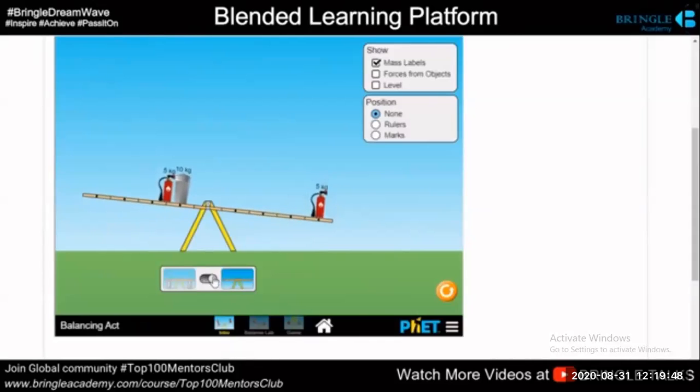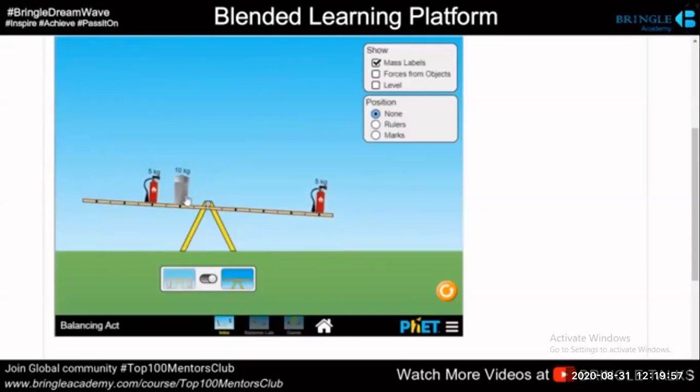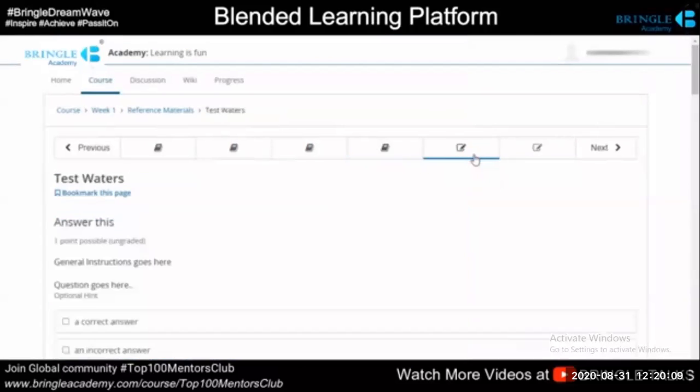So you just play around with the system that looks like this, and now all the learner has to do is go ahead and play, understanding the center of gravity. This kind of interactive simulation is also very much possible.